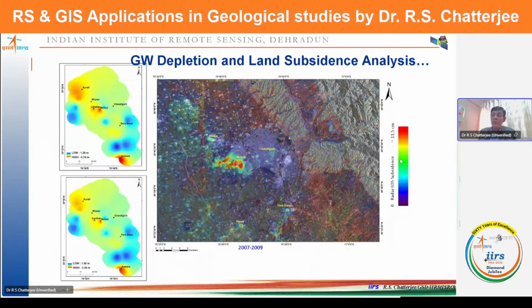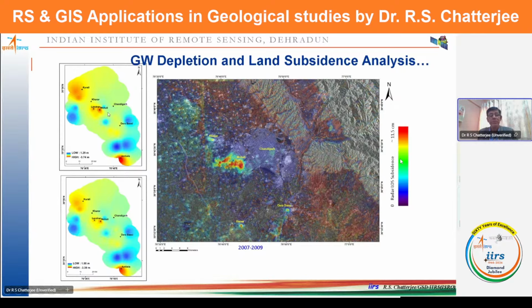Then in the case of urban areas, particularly many of the cities, the groundwater extraction rate is very high, much higher than the groundwater recharge rate. And the aquifer becomes empty. Because of that, the aquifer as well as the confining layer above the aquifer, there is water leakage from the confining layer. So compaction of the aquifer system happens. And this is land subsidence. So this land subsidence we can identify using